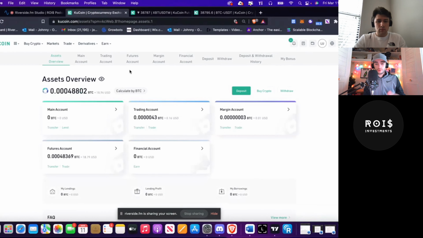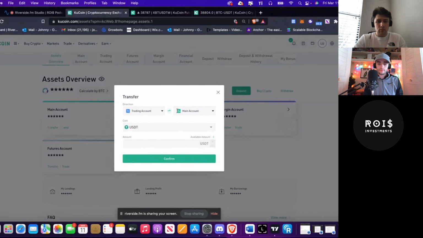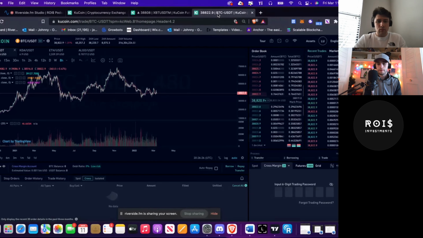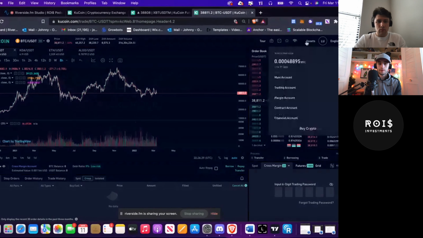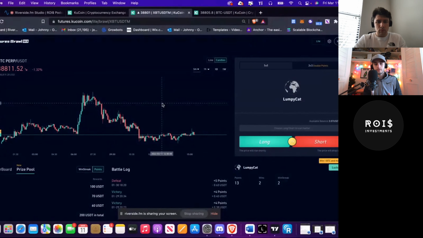So once you have the crypto that you want, you're going to go to transfer, futures account, however much you want, same thing. Then it'll be in your futures account. Now, once you're in your futures account, there are a few things you can do. You can start trading futures right away, which I wouldn't recommend if you're not used to this, because this can be complicated. So something that you can get started with, that helps you understand it too, is